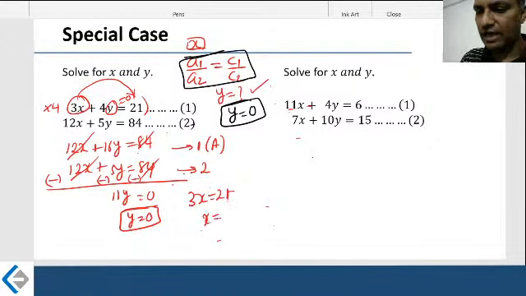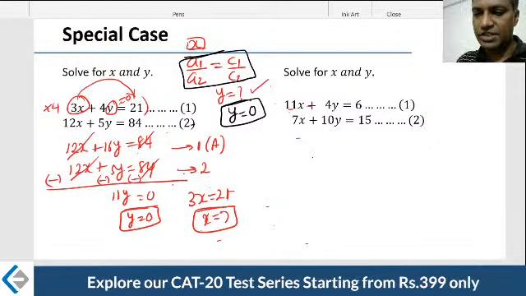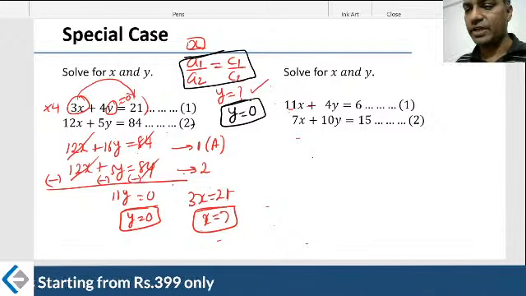Therefore you will quickly find the value of X from here. You will say that the X value is nothing but 7. Either you take the first equation or you take the second equation, it does not matter. Basically the Y is coming for free. Some of the items are coming for free, just like buy one get one free kind of offers,